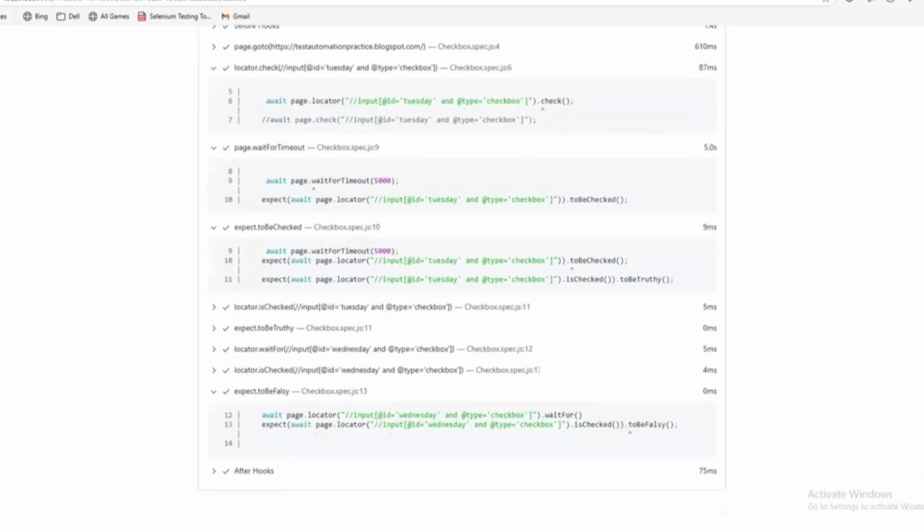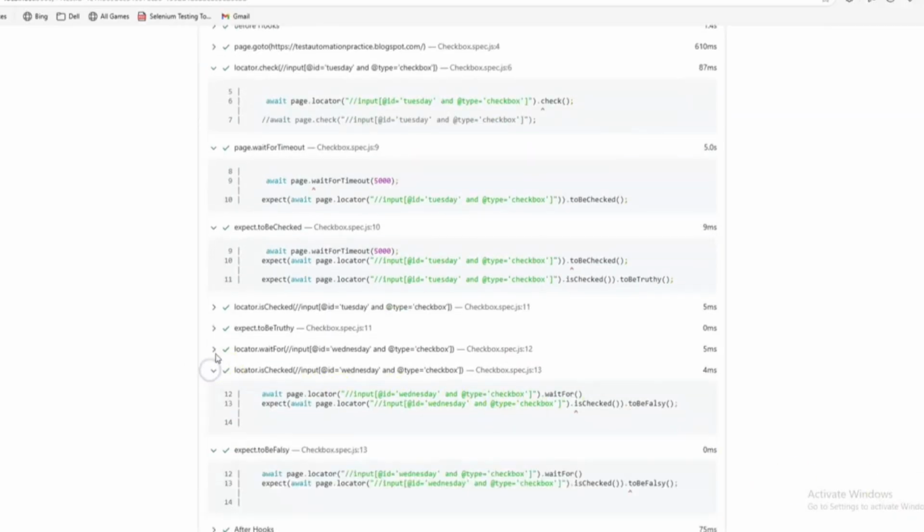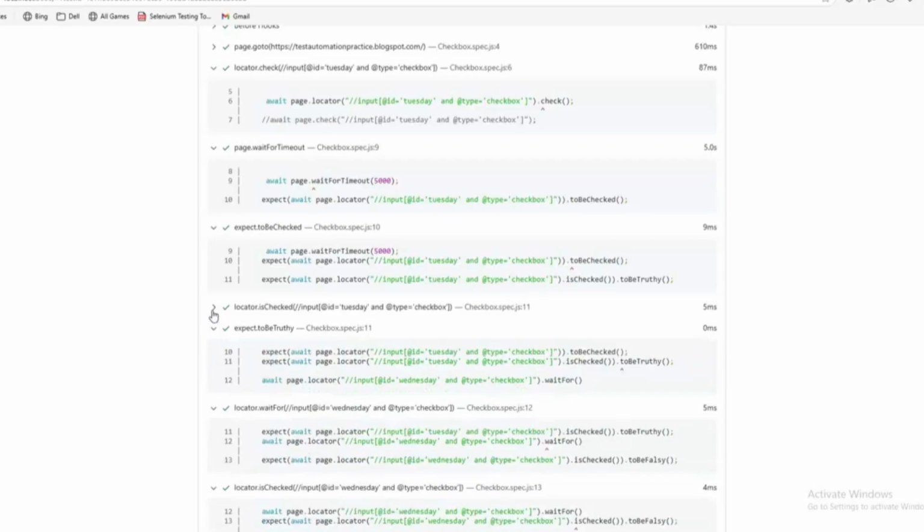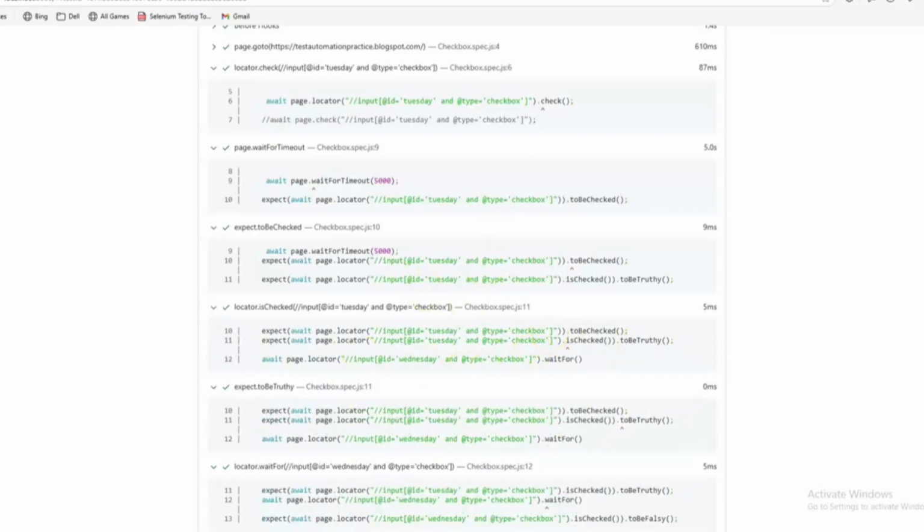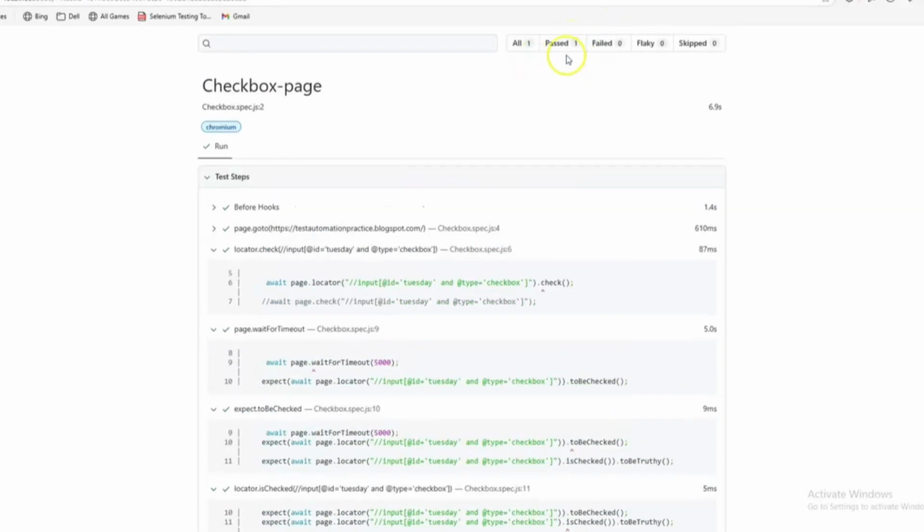So we are able to see all the test steps here, and you can see here passed